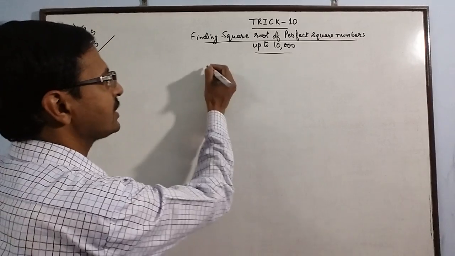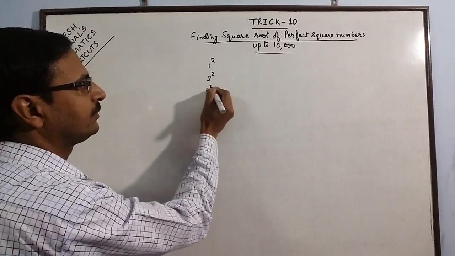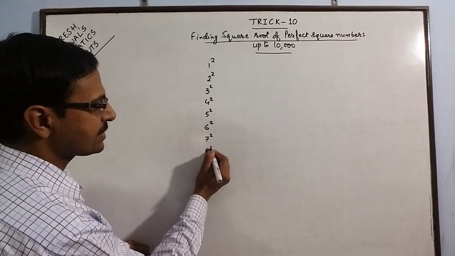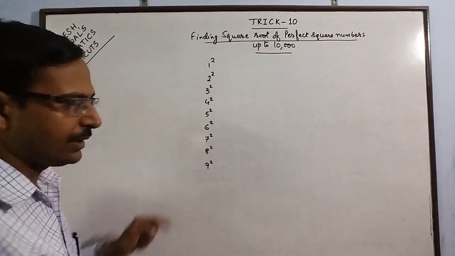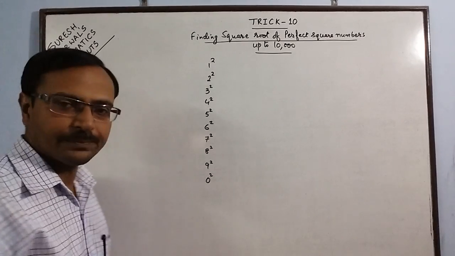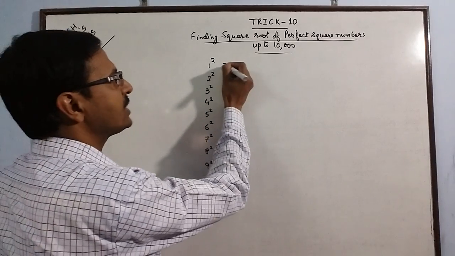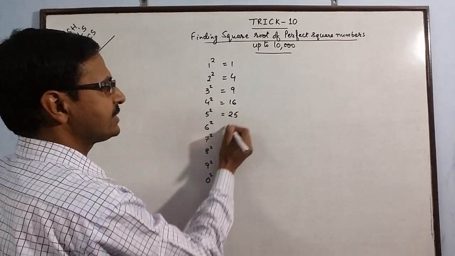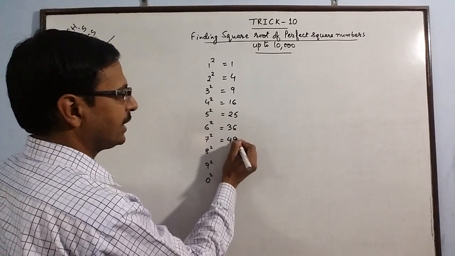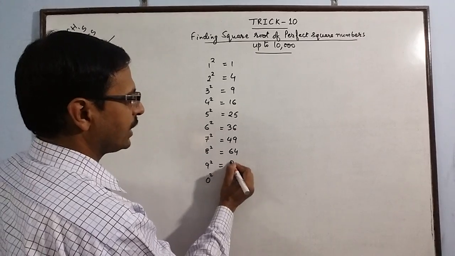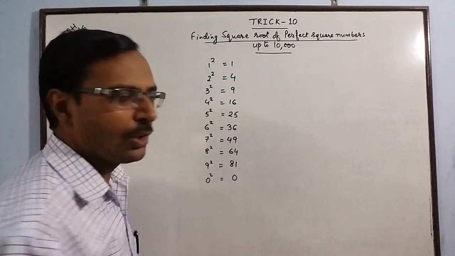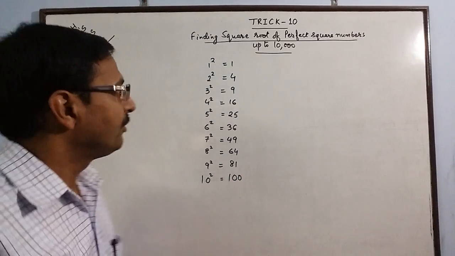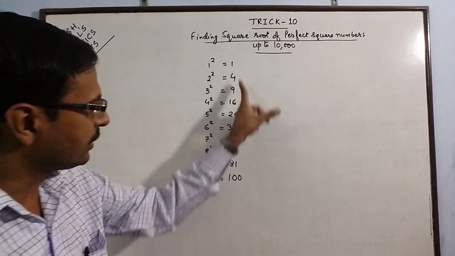First thing is the squares of single digit numbers. When you observe these squares, from 1 to 9, and we will write 0 also. All single digits: 1 square is 1, 2 square is 4, 3 square is 9, 4 square is 16, 5 square is 25, 6 square is 36, 7 square is 49, 8 square is 64, 9 square is 81, and 0 is obviously 0, or you can write 10 also, that becomes 100. When you observe all these perfect square numbers,